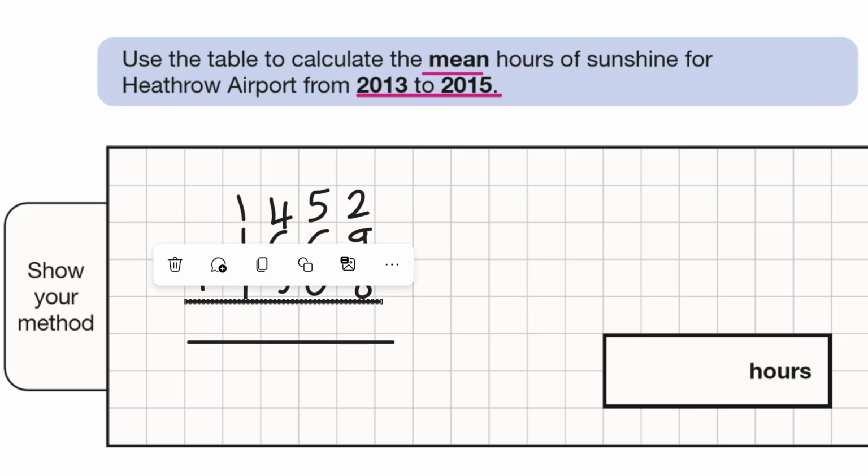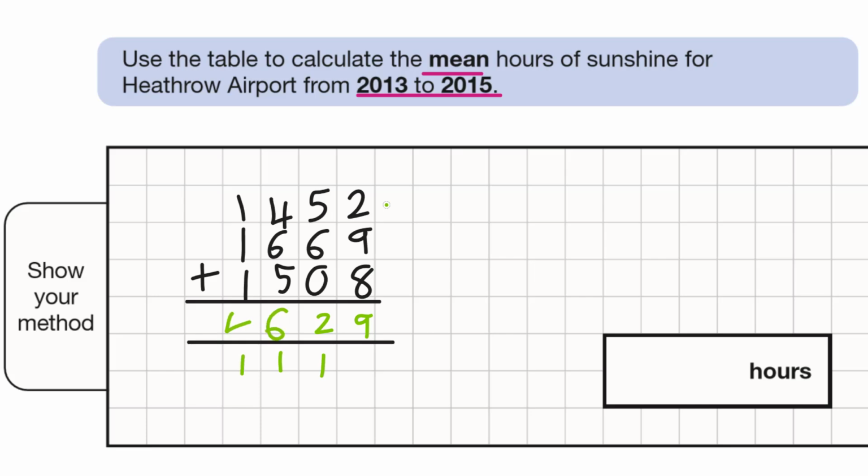Okay, so I'm not going to dwell on how to add. That should be something you know how to do. I'm just going to go through methods. So 2 and 9 is 11 plus 8 is 19. 5 and 6 is 11 plus 1 is 12. 4 and 6 is 10. 15, 16, and then we've got 4. So added up all together, we've got 4,629. To find the mean, we then need to divide that by how many numbers were in our set of